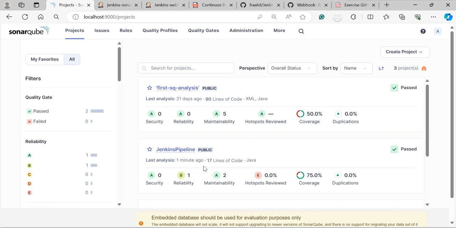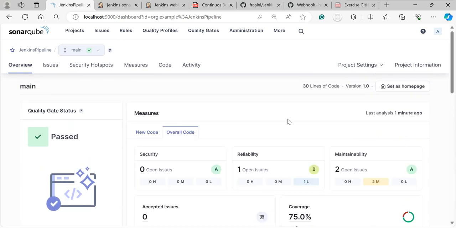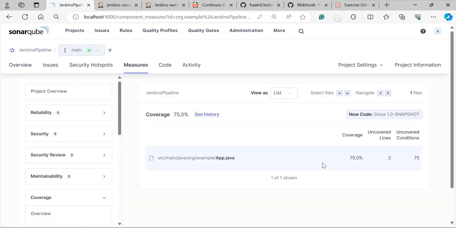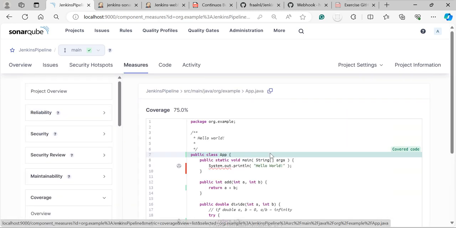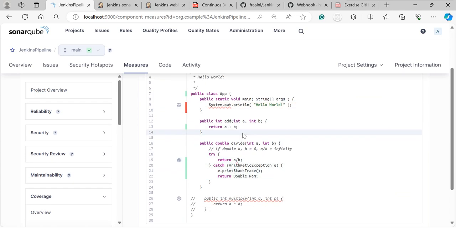SonarQube. This is 1 minute ago, the one we just ran. We will see the code coverage is 75%. Why? This is correct because this is the code we wanted to analyze. Now this is uncovered, as I said. This is covered,